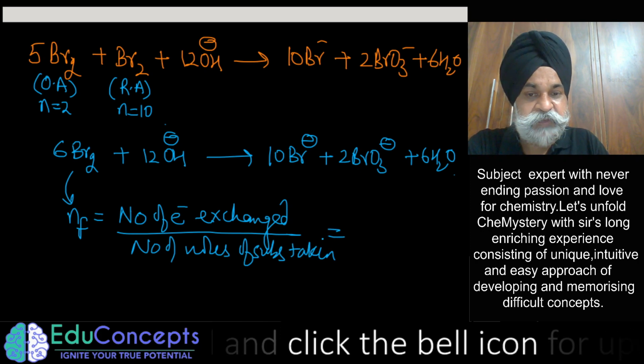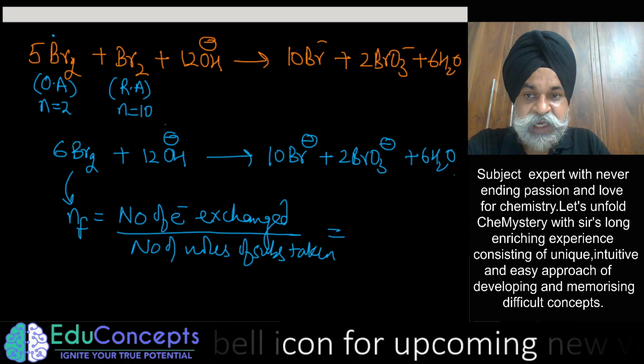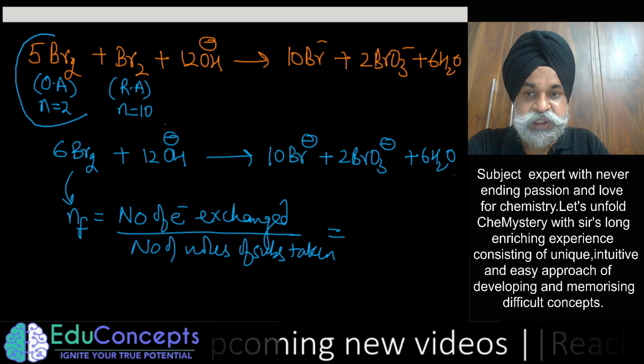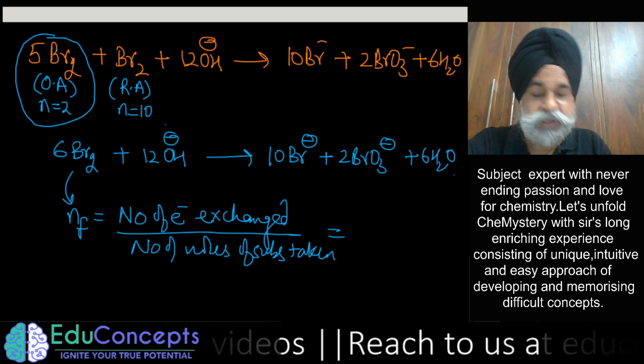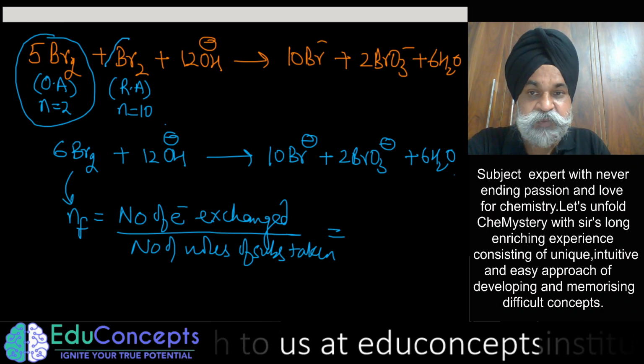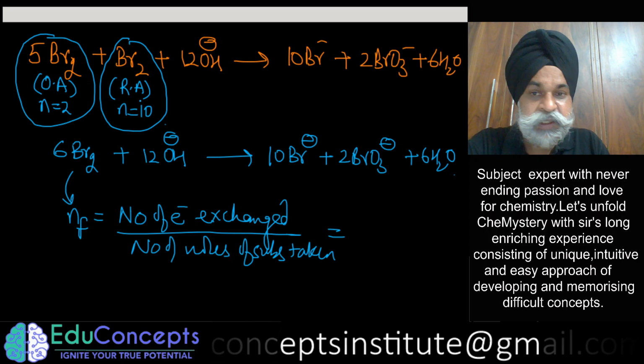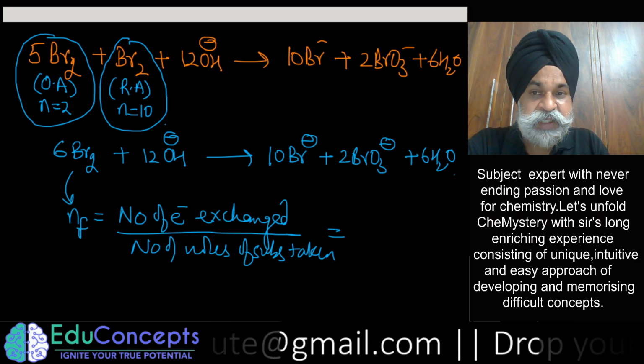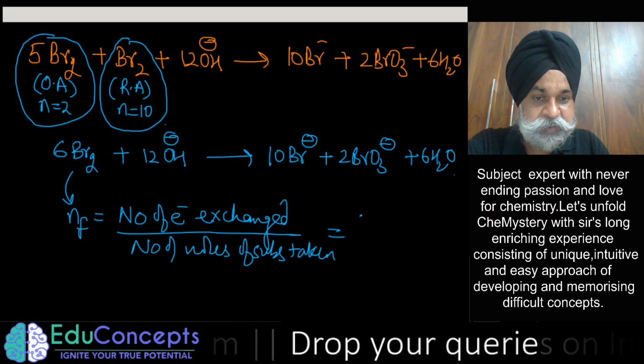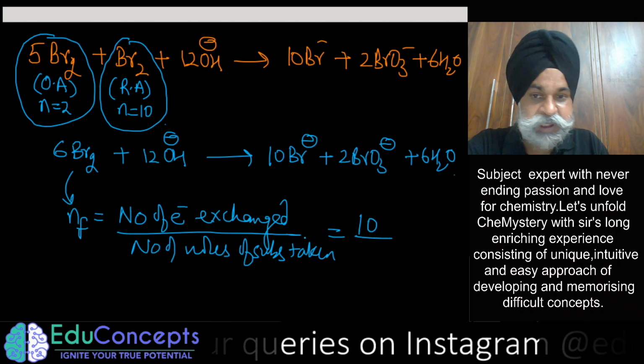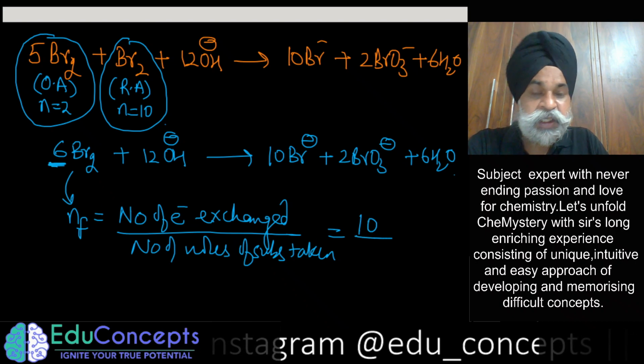So the number of moles of electrons exchanged: this 5 moles is gaining 10 electrons, and this 1 mole is losing 10 electrons. Is it okay? So the total number of electrons exchanged is 10 during this redox reaction, and how many moles